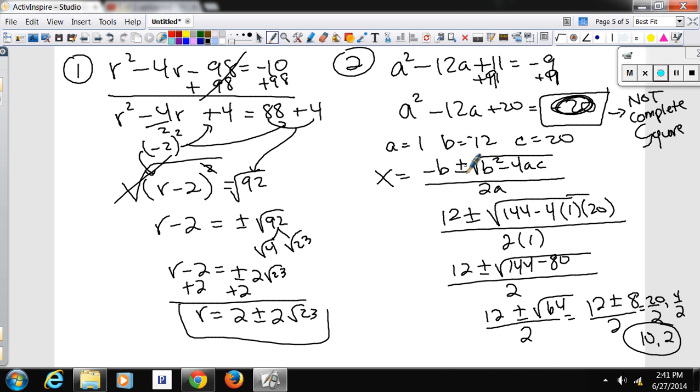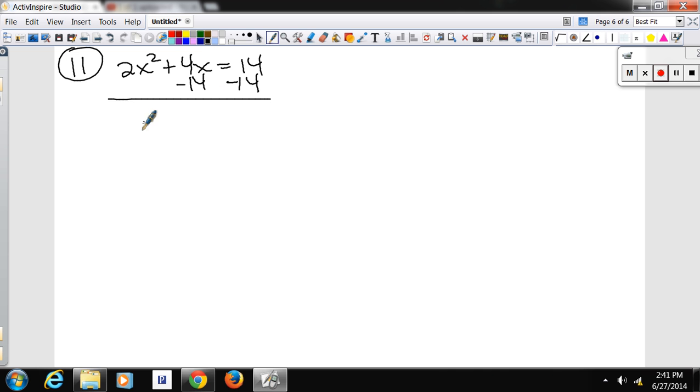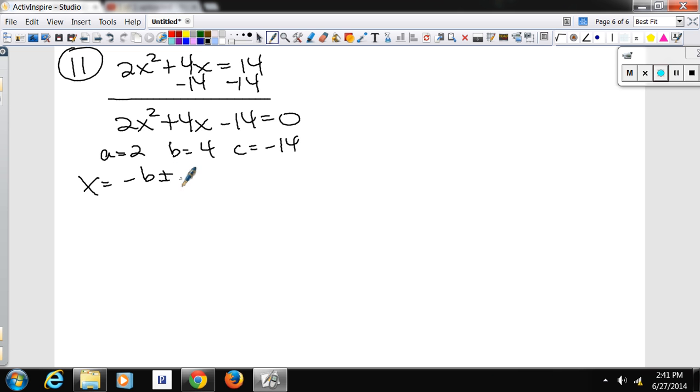Number 11 on the worksheet is where you'd start the quadratic formula. 2x squared plus 4x equals 14, and you would want to get it equal to 0, so you subtract 14 on both sides. 2x squared plus 4x minus 14 equals 0. Then you should always list A, B, and C down so you don't mess those up. It's a good idea if you write the formula a couple of times, just so you have it down,